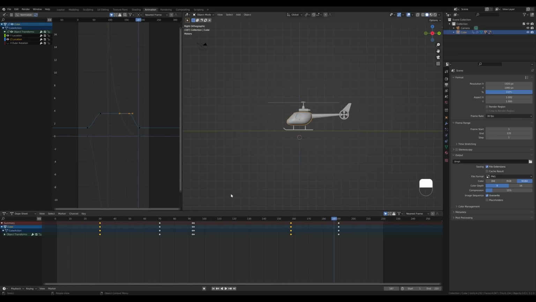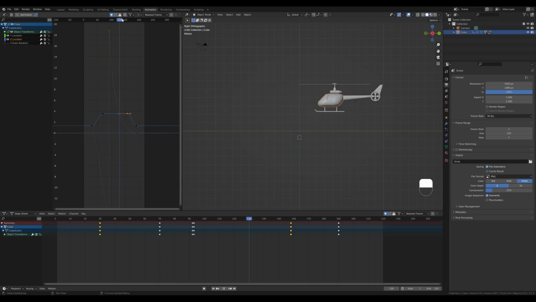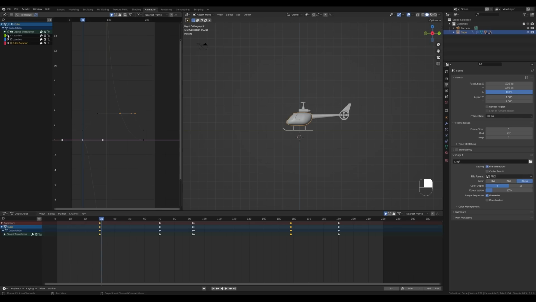And of course, this is not polished movement. We are basically just blocking out the animation at this point. And we'll need to add some rotation as well. So let's enable that X rotation. It's down here and it's covered by the Y location, so let's disable that one. Let's select the keyframe, press Shift D and then X to move it here. I don't know, like 10 frames.